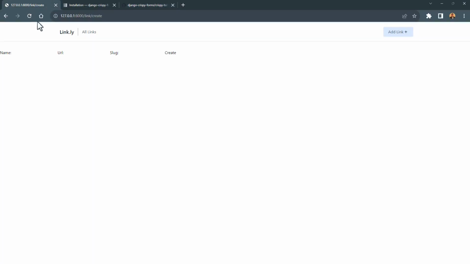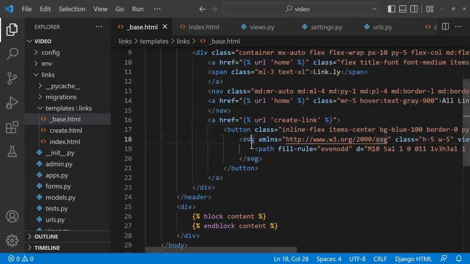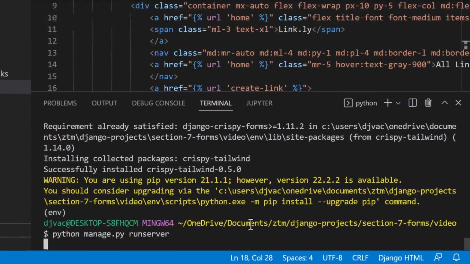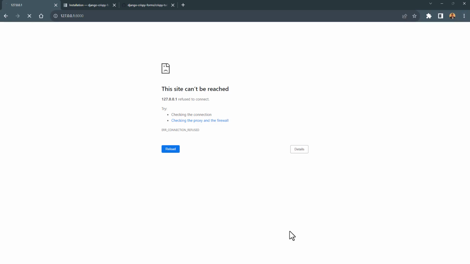So now we save these and we go back to our application and we go home. Oh, but we have to run the server. So we paused the server to download those packages. We have to say python manage.py runserver. If we can spell it, runserver. Perfect. Then we pull back up the browser, refresh the home page,